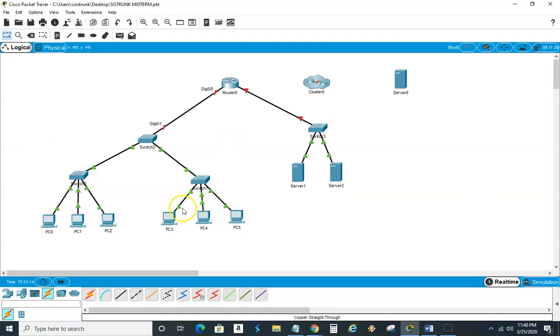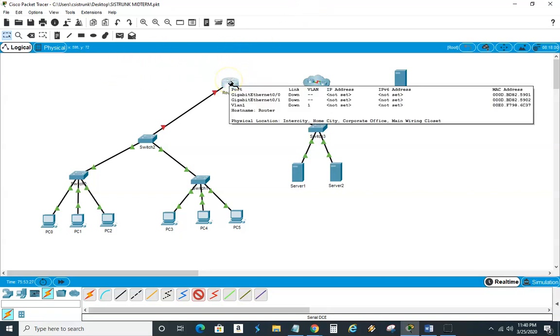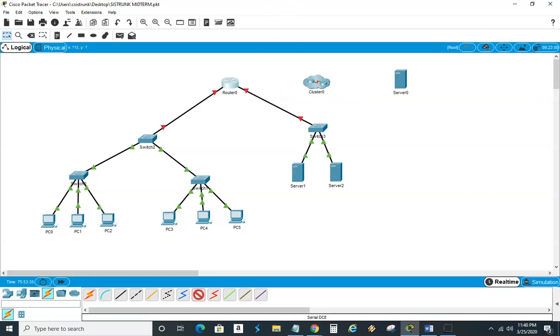Okay, let me go ahead and now I'm going to get a clock. Now right here, I'm going to use a serial DCE, and I'm going to put the clock here. Okay, so let me come back here. I'm going to come right here, and I'm going to go ahead and choose. I want this to be a serial port. Oh, but check it out. I did something wrong. Can you guys tell me what I did wrong?